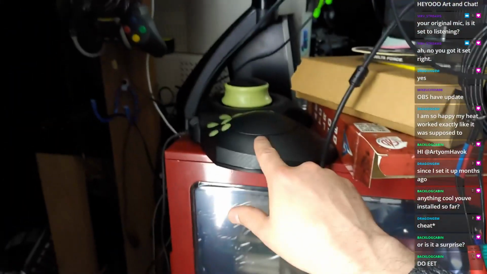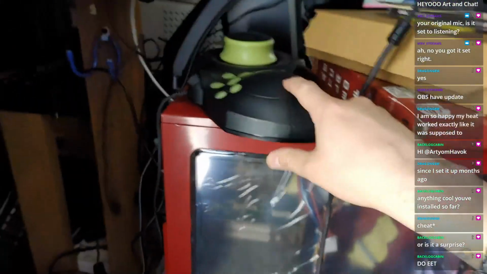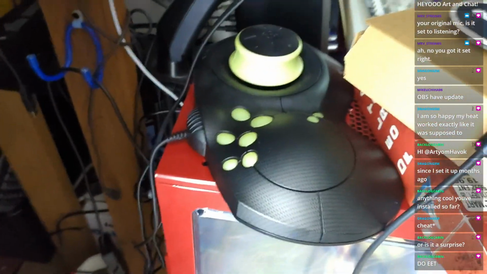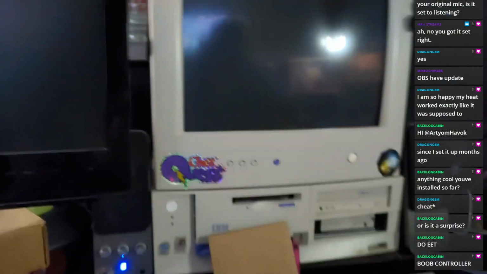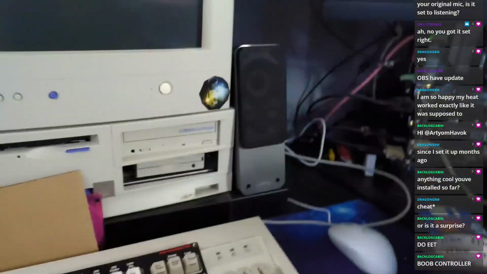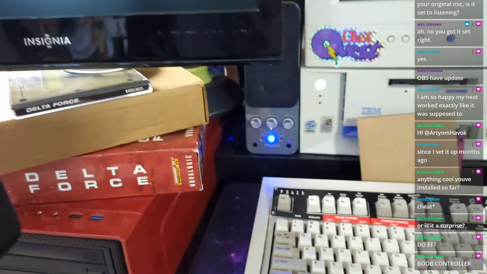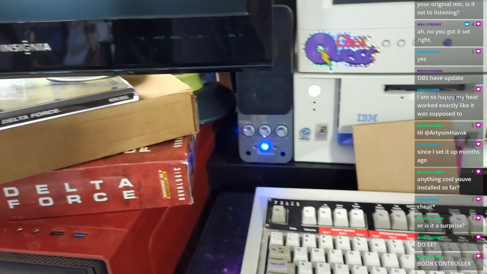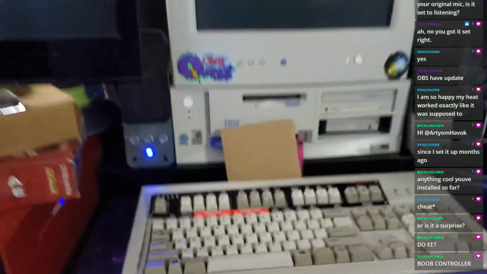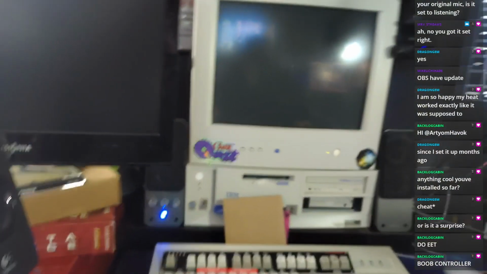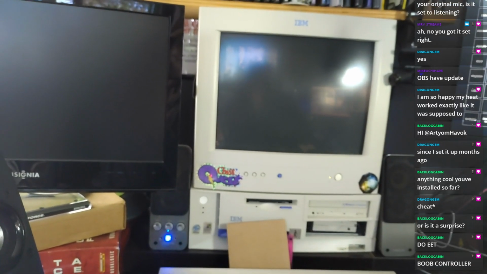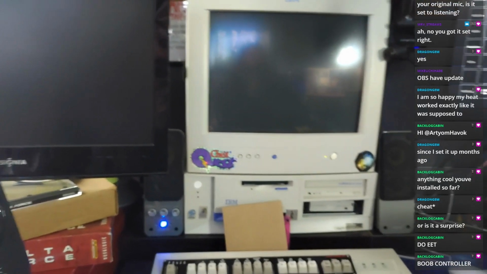I got this guy hooked up and running, and System Shock's going. We're going to be doing this later this month, playing System Shock with the Cyberman 2. Delta Force tomorrow, but we're going to be doing that on the IBM NetVista. Let's see here. I actually corrected my speakers, too. They're now left and right correctly. Okay, it was all the way on 4, so there you go. That's coming on. The controller, yeah. I said it's coming on.